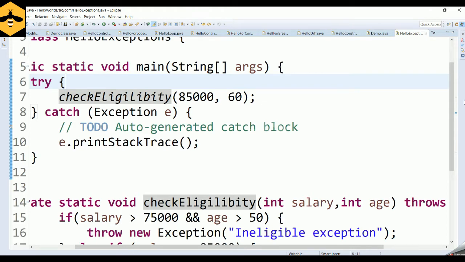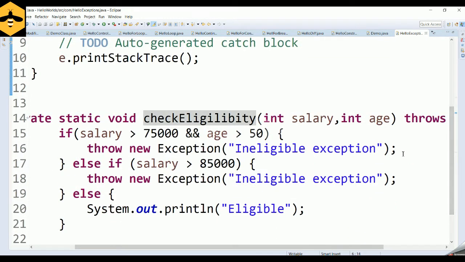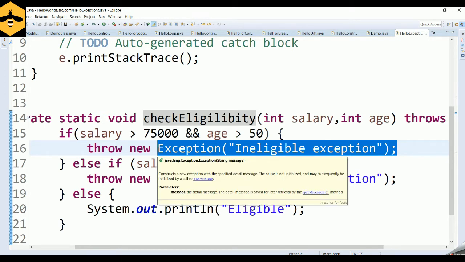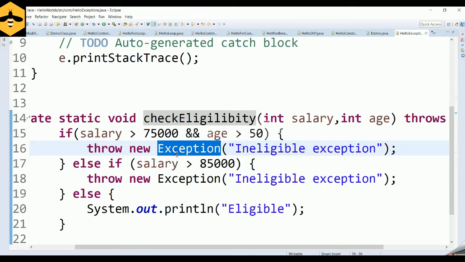Fine. Considering this example, we threw an out of the box exception, that is, exceptions which are already provided by Java. Either you can throw any exception provided by Java, like an arithmetic exception, number format exception, whatever exception you require based on the scenario, or you can even throw a generic exception, and that is what we have done in this scenario.